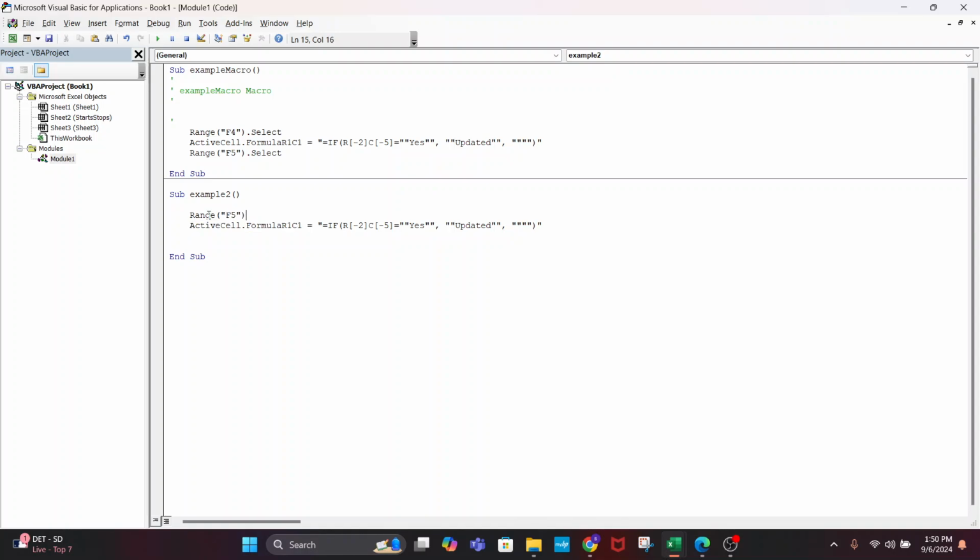And what we're looking at here in this code is a very simple thing. It's a step-by-step recording of what you did. So in this macro, I put my cursor in F4. I threw this formula in there, and then I hit enter. That's what this says. So when I started doing this, I looked at that, and I started learning what these things meant. And I realized, okay, range in quotes F4 equals select. That means